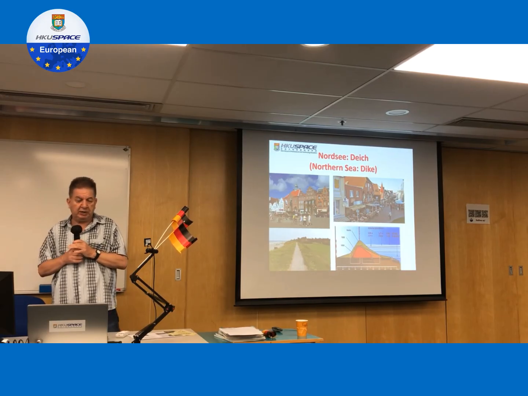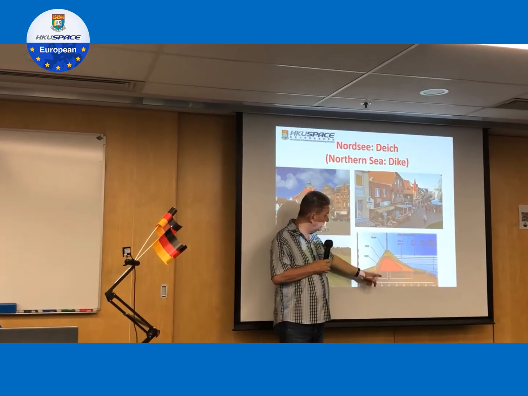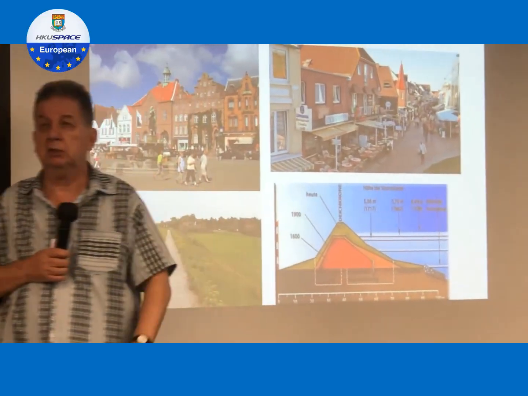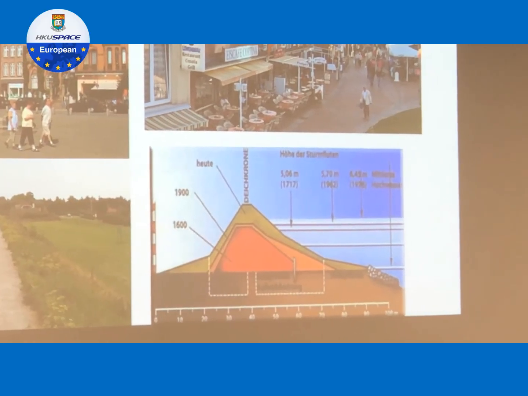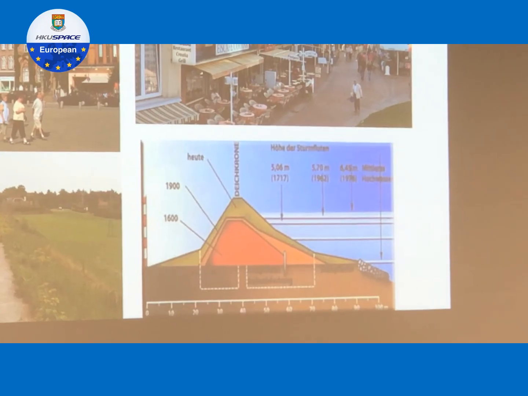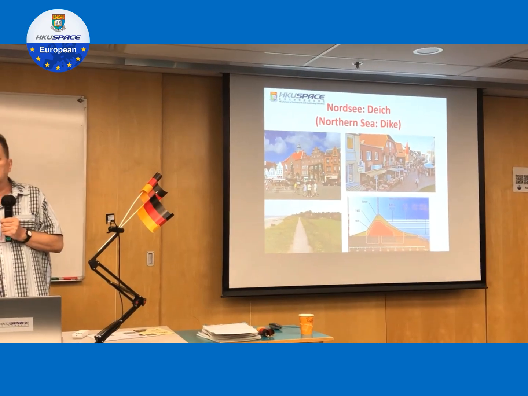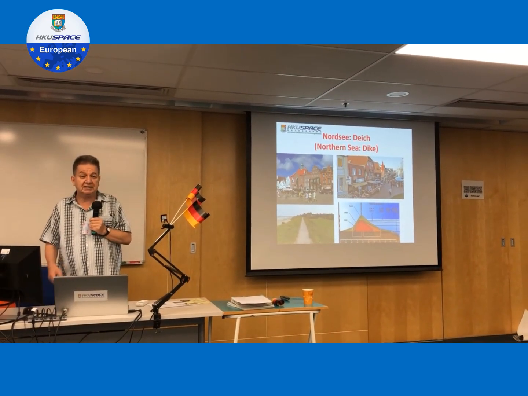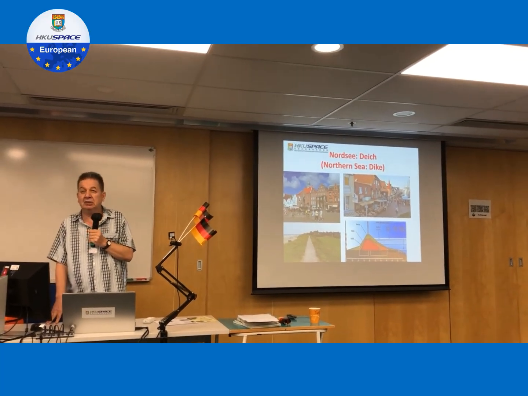When we look at this picture here, the different parts of a dike, this particular one, the oldest part in the middle, right here, 1600, so it's very old. And the problem is, the most important part is the center, and that is the oldest and the worst, because the technology at the time when they started building it was not very advanced. So it's the same in all countries, also in China along the big rivers. The oldest part of the dike, the center, the core, is vulnerable. So it can happen that the dike breaks.